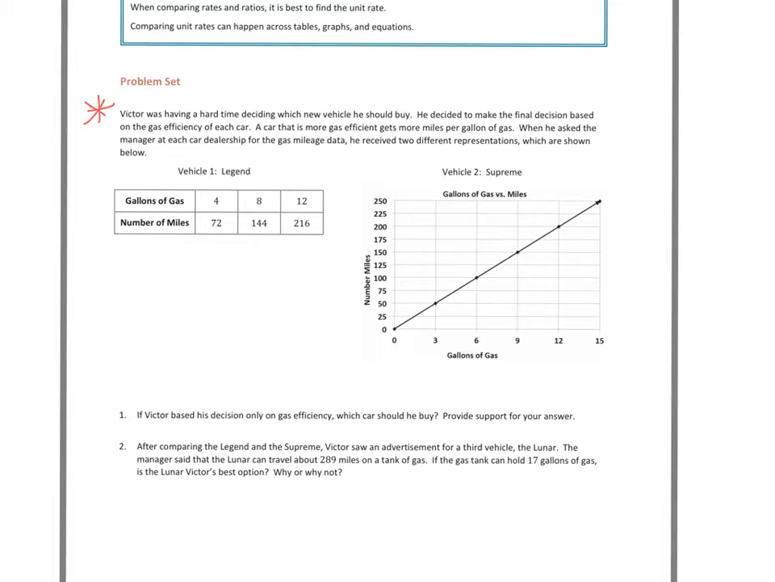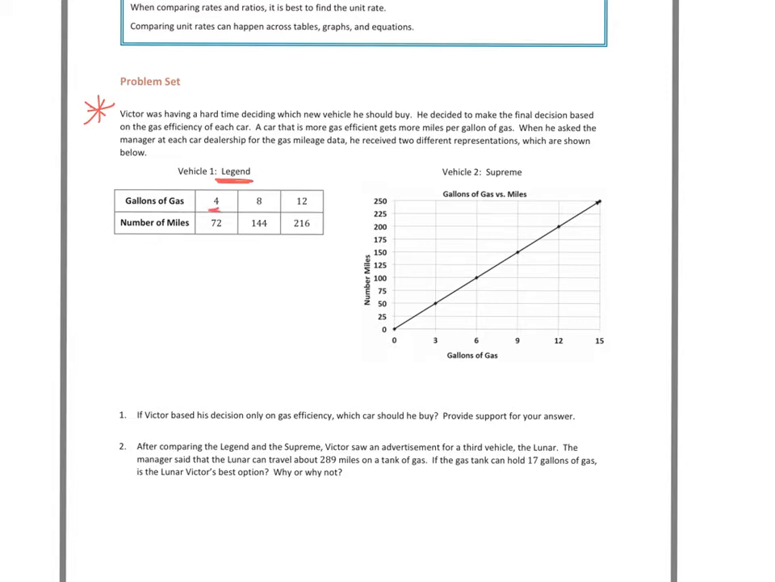Victor was having a hard time deciding which new vehicle he should buy. He decided to make the final decision based on gas efficiency of each car. A car that is more gas efficient gets more miles per gallon of gas. When he asked the manager at each car dealership for the gas mileage data, he received two different representations, which are shown below. So if we look at vehicle 1,